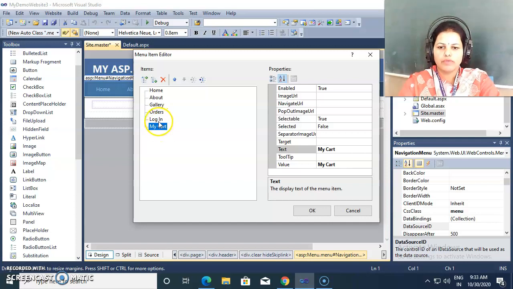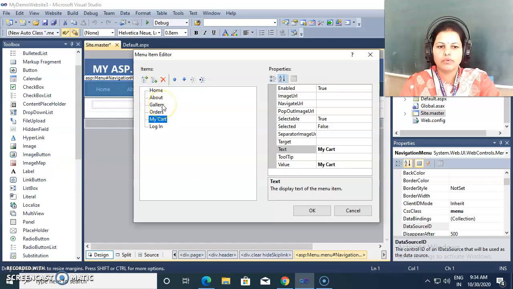If you want my cart before login, then you may go towards this. If we want this as here or here, we may change the order of our menus.